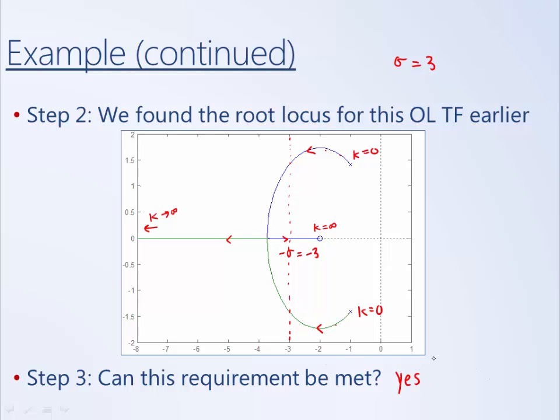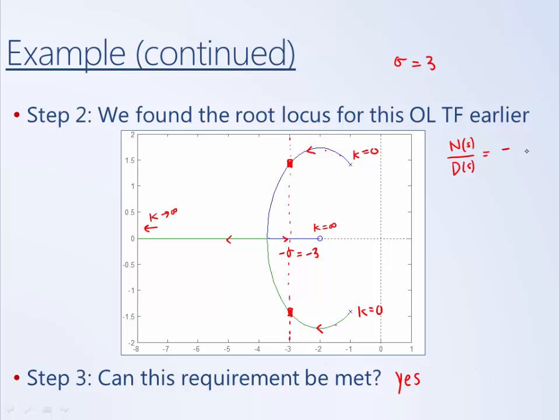And the answer is yes because there is a portion of the root locus that crosses this dotted line. So there are values of k where we can place the closed loop poles on this dashed line, where this dashed line corresponds to poles with sigma equal to 3. If we wanted to find the specific value of k, one thing that you could do is you could go back